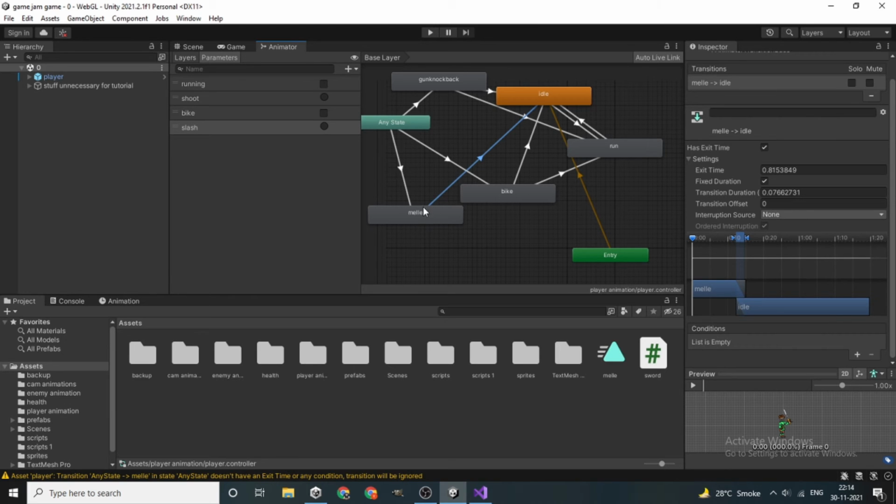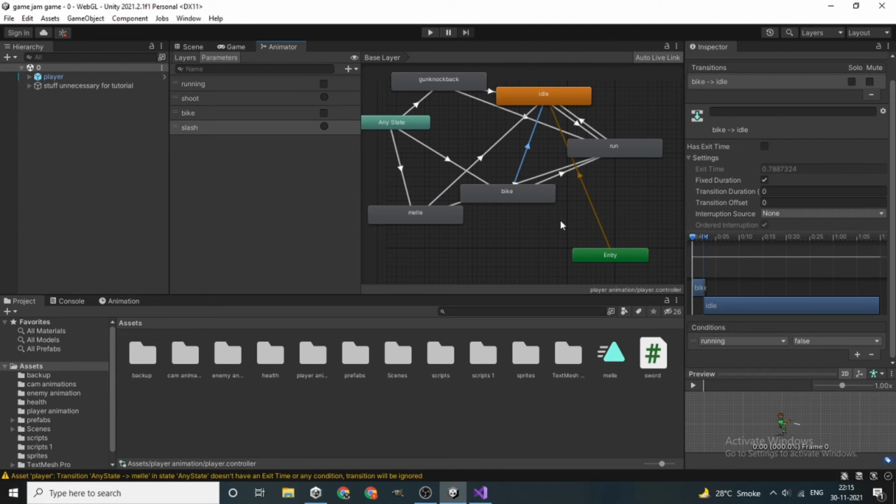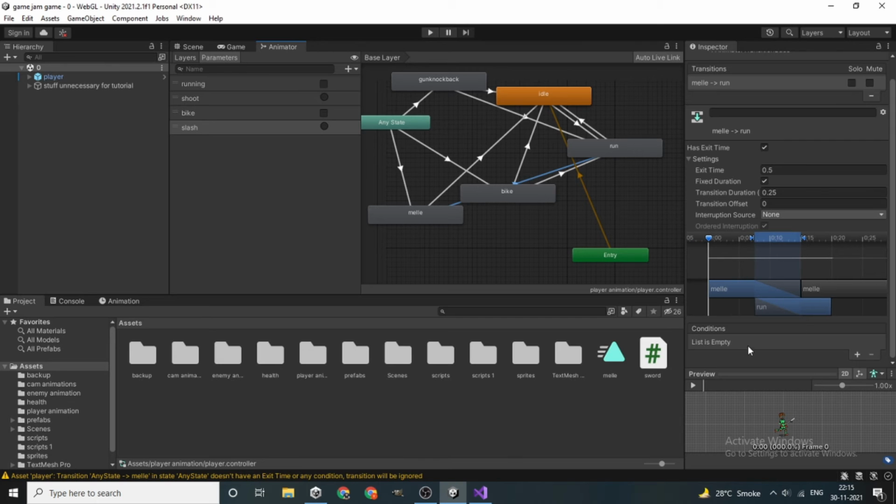And I kind of did not make a transition to anything, I guess. So let's click that too. And here also we are going to do the exact same thing. So basically melee and then run at the end. Yeah, that feels about right.